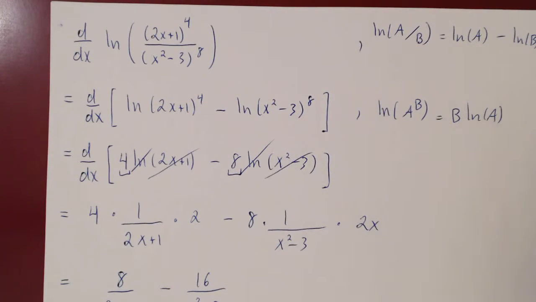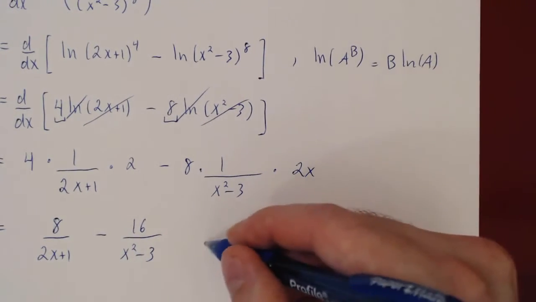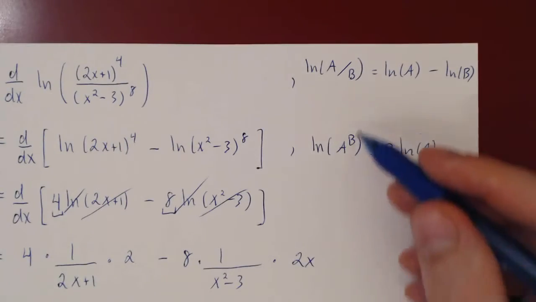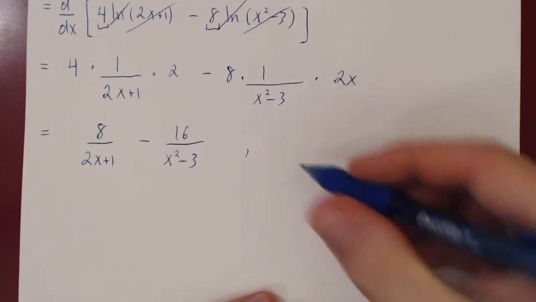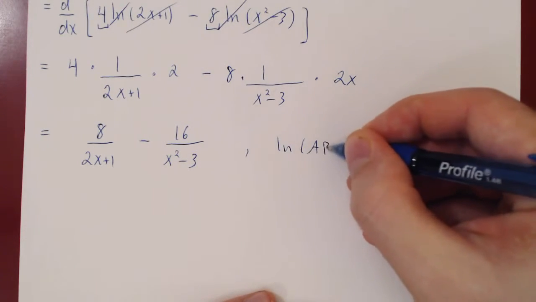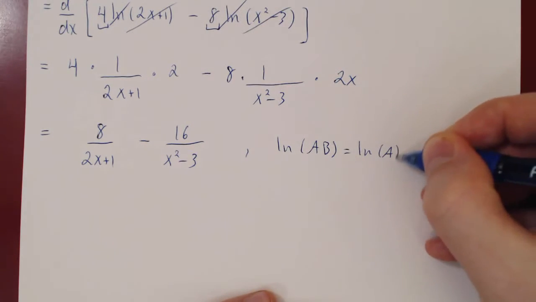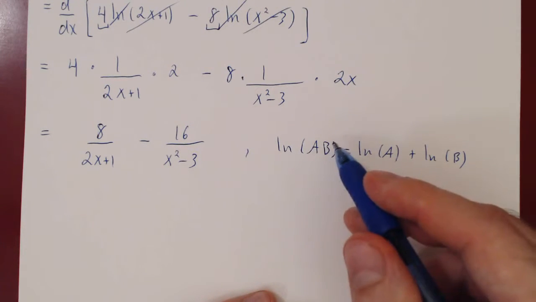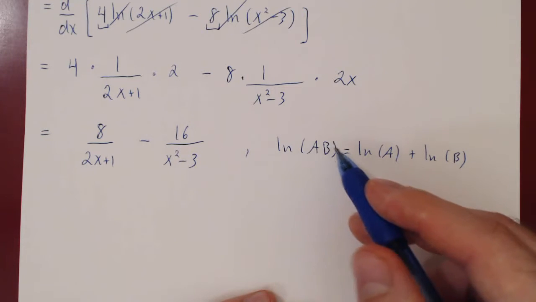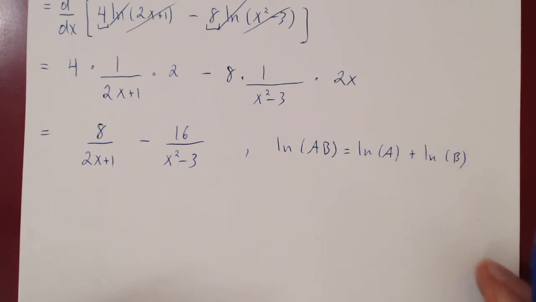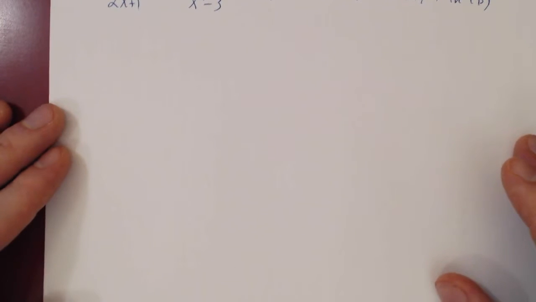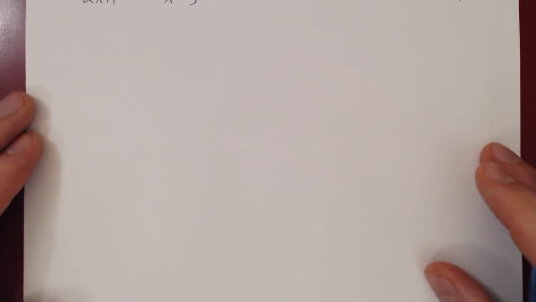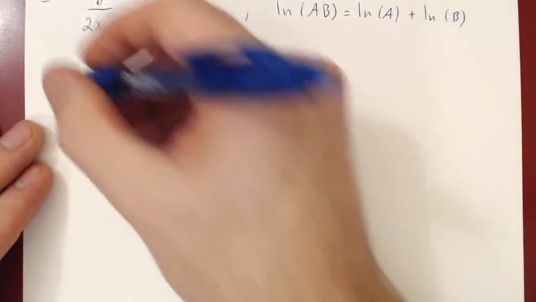What if we had, say, a product instead of a quotient, and we'll have a product, say, of 3 terms? And we can recall right here that the ln of a over b is ln of a minus ln of b, but the ln of a times b is just the ln of a plus the ln of b. And this is true of a product of three terms. If we had the ln of a times b times c, it would be the ln of a plus ln of b plus ln of c. So let's figure out now this example, and this will be our last example for this video. What if we asked for the derivative,